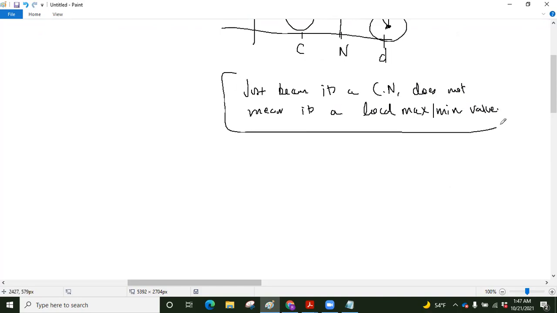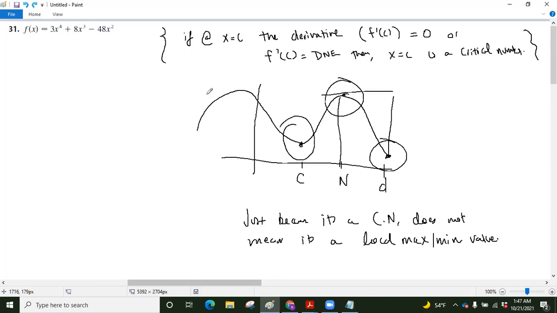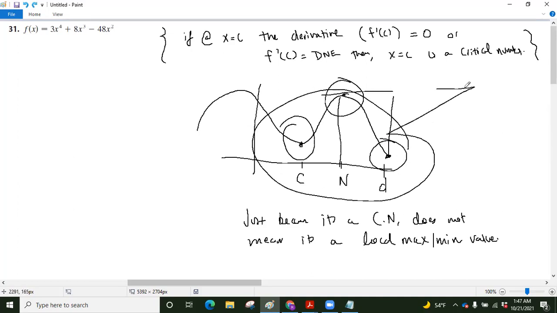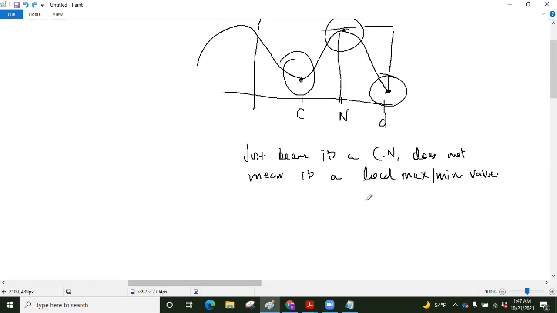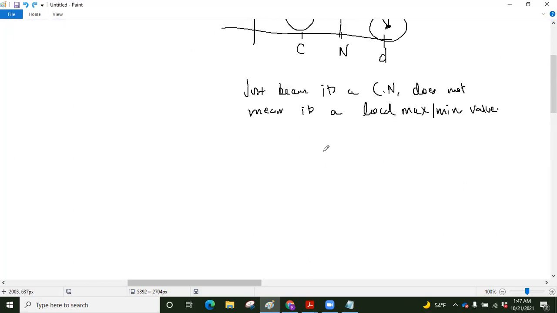This is basically the takeaway. What we could say is, if it's an absolute maximum or minimum, then if we find all the critical numbers, those are also our absolute maximum or minimum values. That's not true, because if we look at a graph like this,